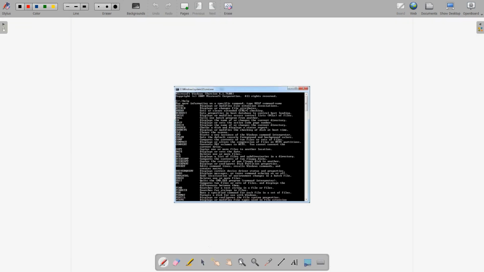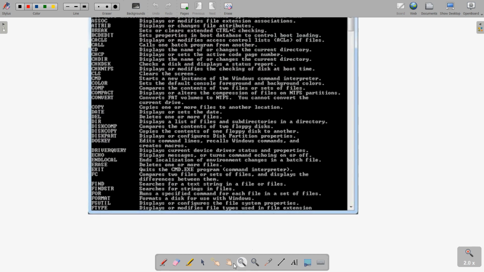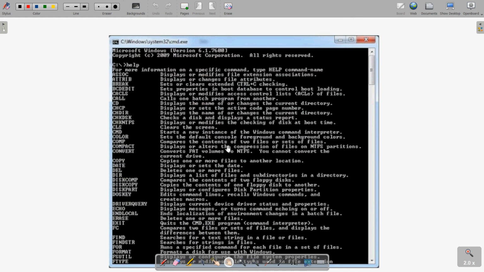So similarly in the command prompt, if we see here, it appears like this. Whatever the instructions, these are the different commands which are used in DOS. Clear? So here you can see we don't have any menu or any such graphical interface. Clear? So whatever instructions we need to give, we will have to write those commands only.